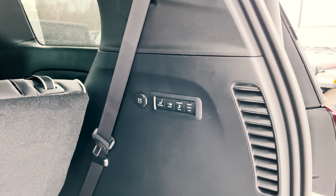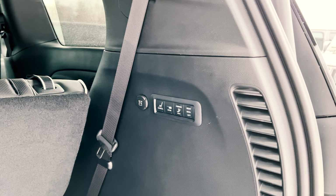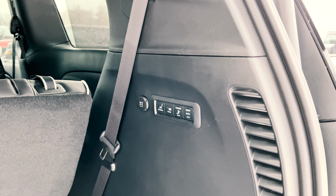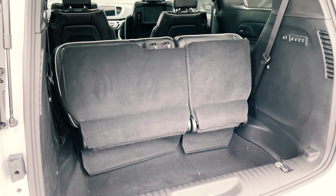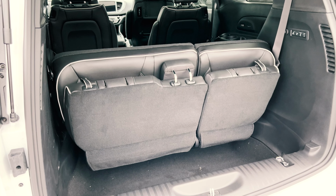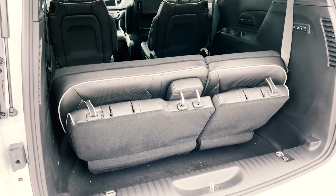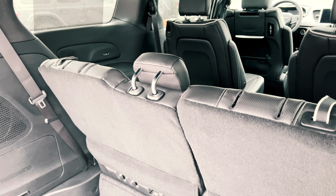And in the rear, not only will you notice a 12-volt adapter, but you'll have these 4 buttons. And that's because your third row is power folding seats, so you don't have to lift a finger. Well, technically you do, just to press a button, but you get what I'm saying. It makes life way easier, especially if you're putting groceries and whatnot. And lucky for the third row passengers, because they can adjust their seat back and kind of have a nice